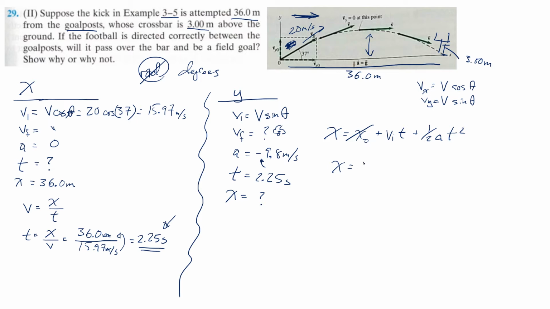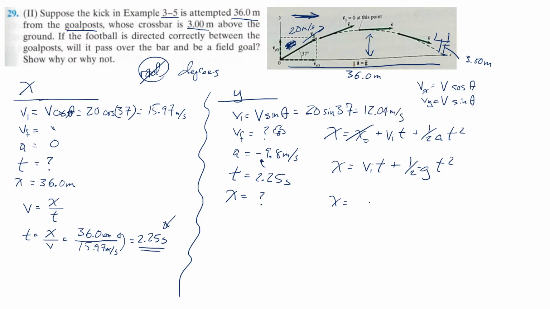X is equal to v initial t plus 1/2 negative g t squared. V initial is v sine theta, which is 20 sine 37. When I plug that in, I got 12.04